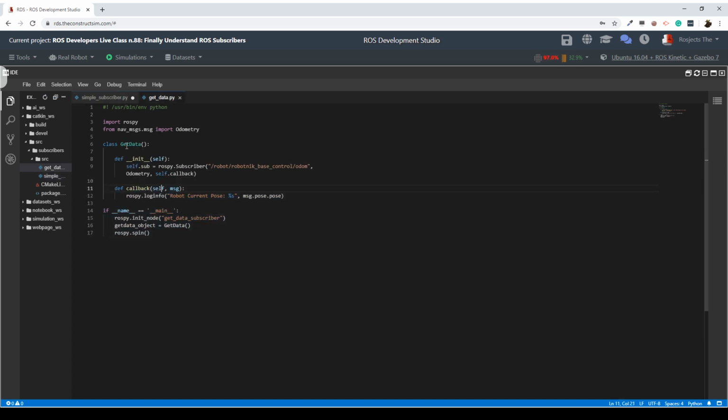Here I am defining the class, which is going to be named getData. Here I have the constructor of the class, where I'm defining the subscriber. And here I have the callback function, which is going to do whatever with the data. And here I have the main. As you can see, here I am initiating the ROS node. Here I am generating an object of this class. And here I have the spin, which is going to keep the program alive